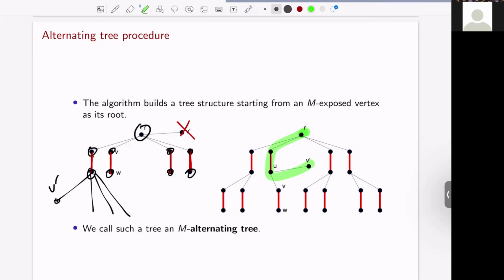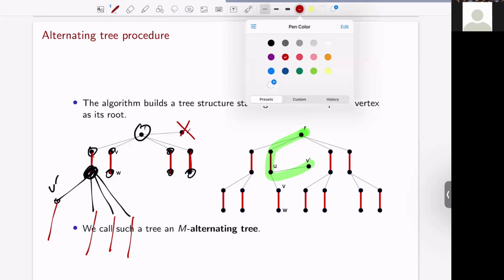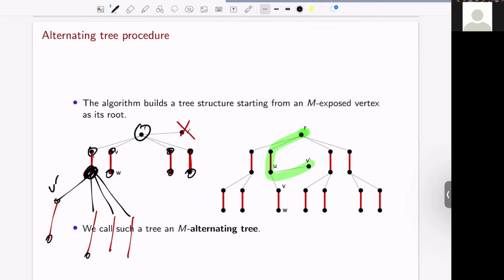Okay, that's good. If there's no exposed vertex as a neighbor, then it means that all the neighbors of this one are matched. Then you can also enumerate the matching edges below like this. Then you grow the tree structure like this, and you stop when all these vertices at the bottom, which are called leaves,